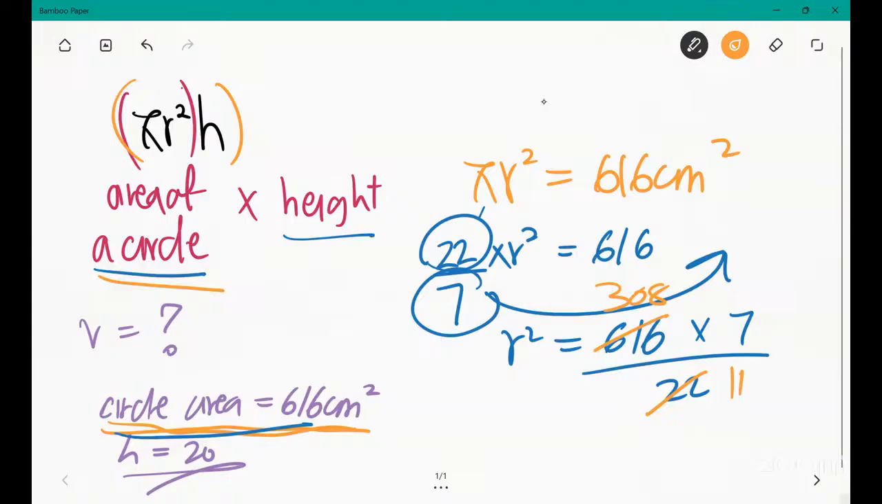Now just check if 308 is divisible by 11. If you check it, divide it by 11, it is true. It's 28. You can divide 308 by 11, which is 28. So 28 into 7